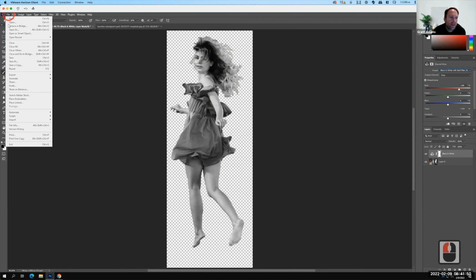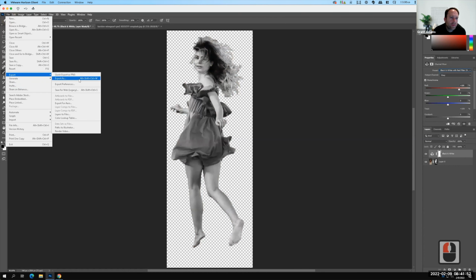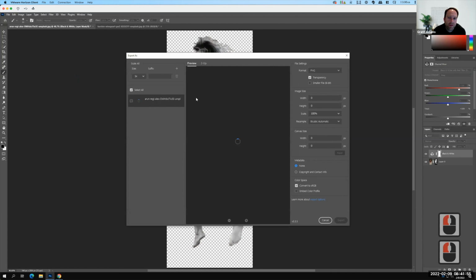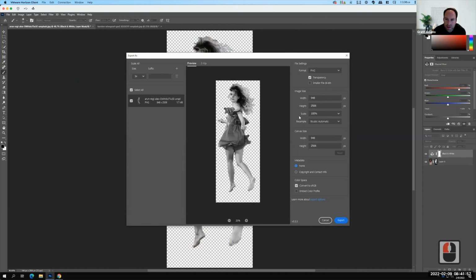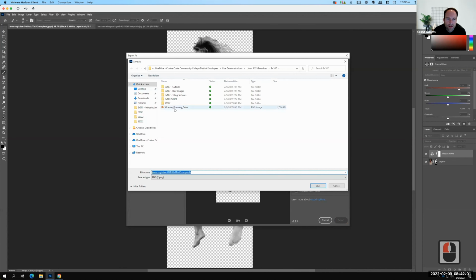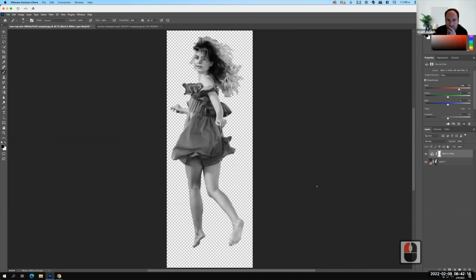Let me go to File, Export, Export As. All the settings are the same. It's still a PNG. We'll click on Export. And so that was woman running color. Let's call her woman running black and white. And I'll click Save. Now this is the trickiest part, is that I want to create a silhouette of the